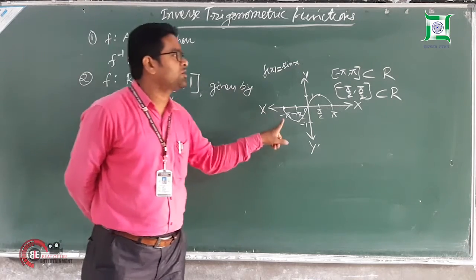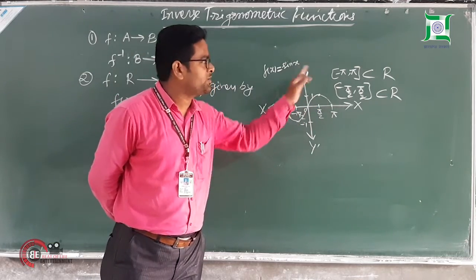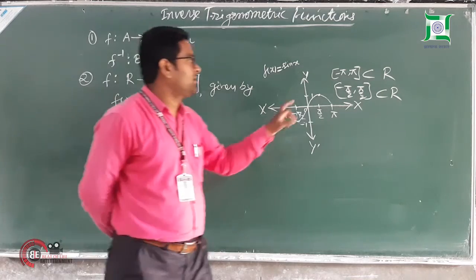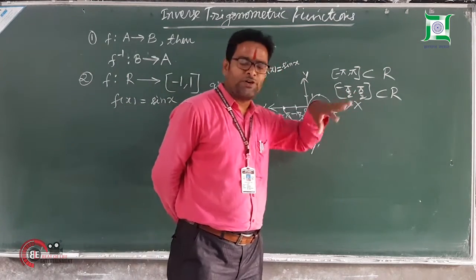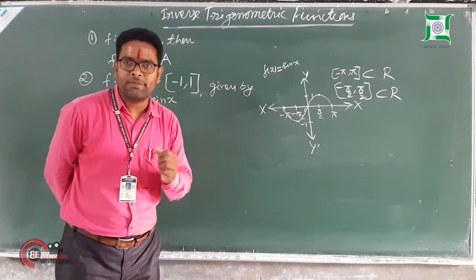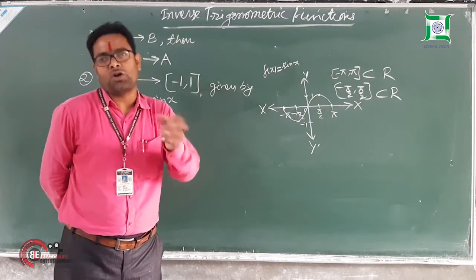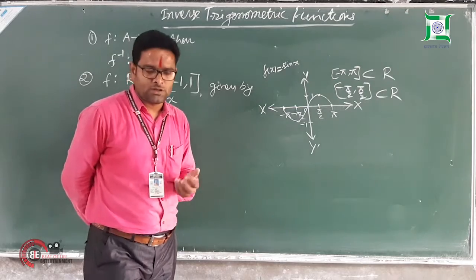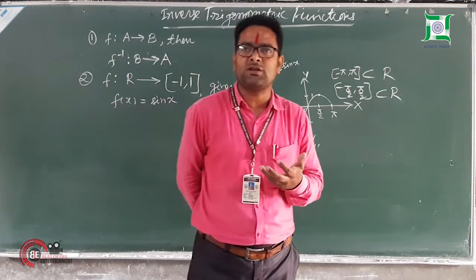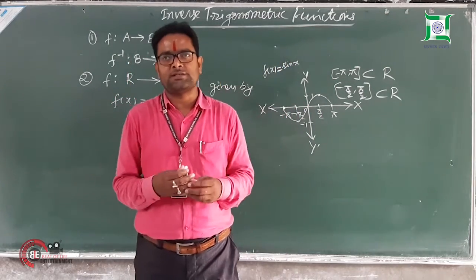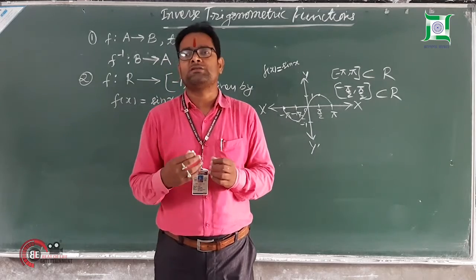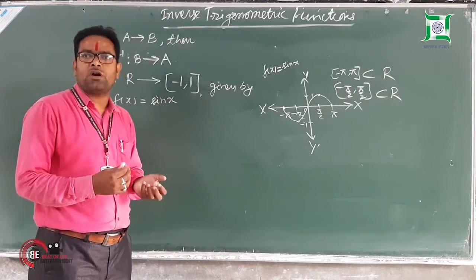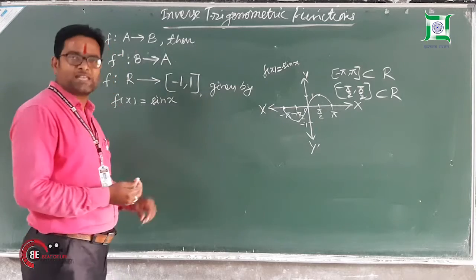Now, here the domain is R, the range is minus 1 to 1. I have restricted the domain between minus pi by 2 to pi by 2 or minus pi to pi. You know what will happen? For each and every multiple of pi by 2, the variations of the sine function remain the same, either increasing or decreasing. So we will fix the interval to define the inverse trigonometric function. Because whenever we study trigonometric functions, they have a wide range of varieties. To minimize the varieties, we give some restrictions in the definition of the inverse trigonometric function for the sine function.